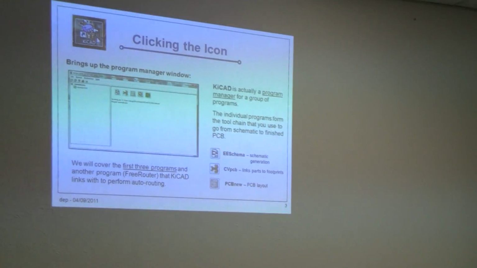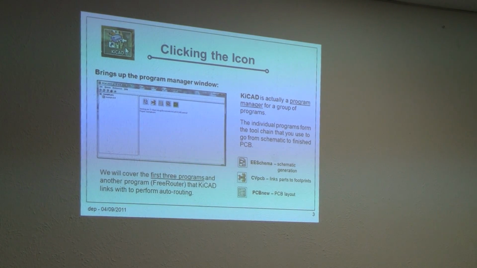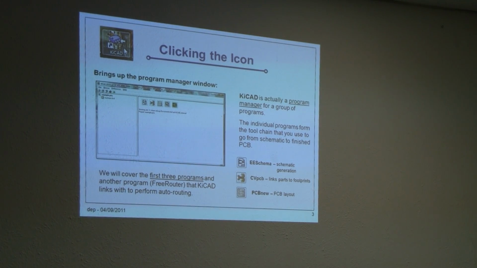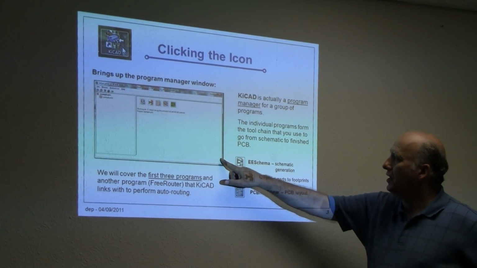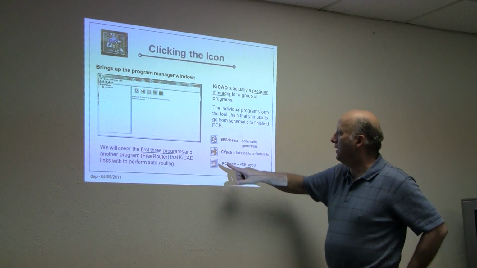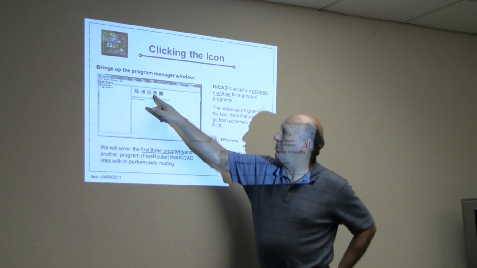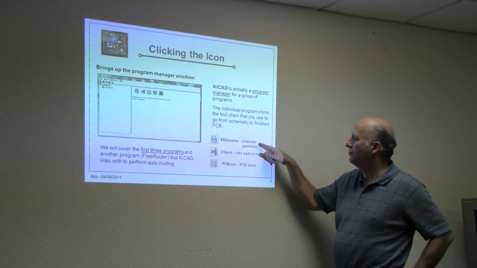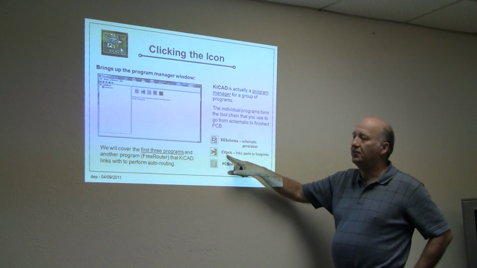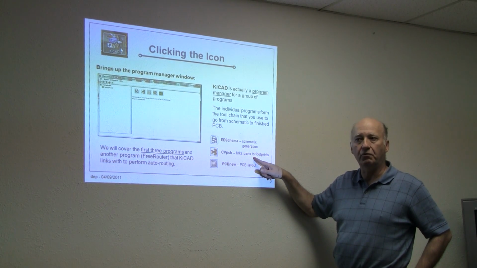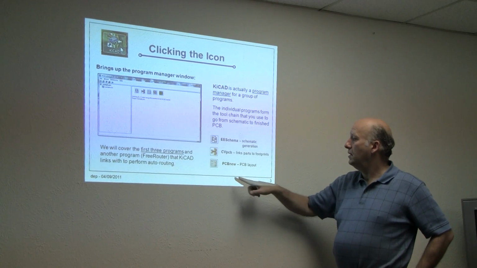Okay, clicking the icon. This icon that you see at the top of the slide is the KiCAD icon. When you click it, it brings up this program manager right here. And it turns out that this is what KiCAD is. KiCAD is this program manager. Underneath KiCAD, there are 5 different programs. The 3 that we're going to be covering is EESchema, which is the schematic generation, CVPCB, which links the parts or the components to the footprint that will be on the PCB, and then the